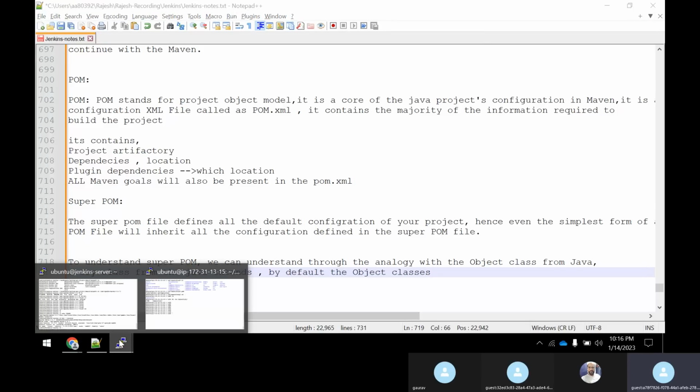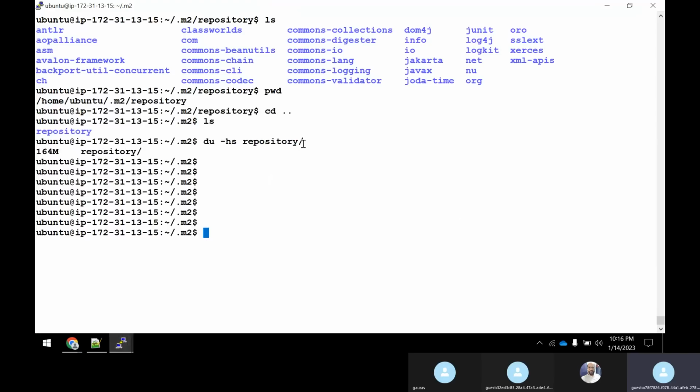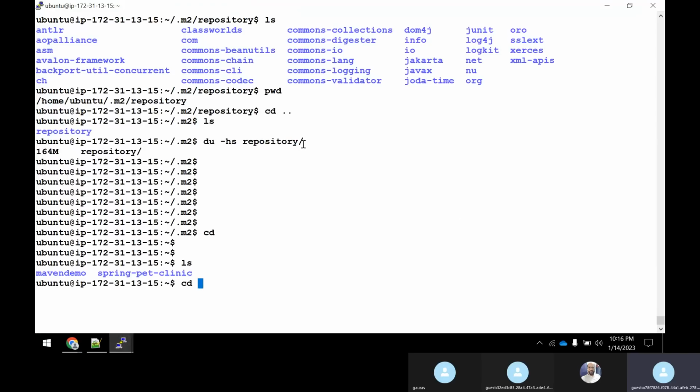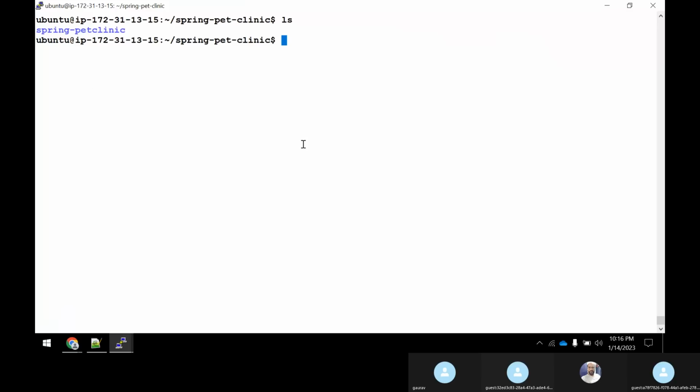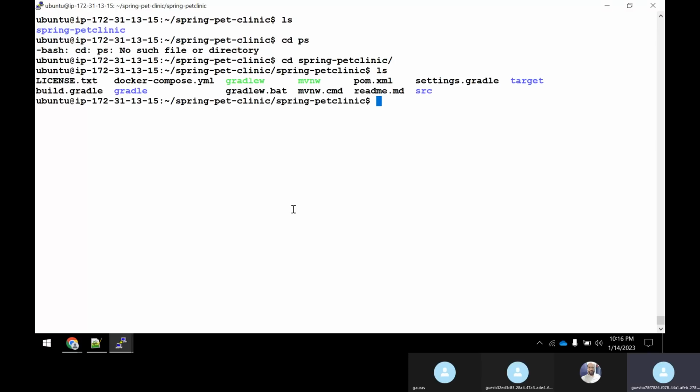Let me go to my machine where I have the Spring Pet Clinic project. So here I have the Spring Pet Clinic. cd to the Spring Pet Clinic. Suppose I want to create a super pom. The command is mvn help:effective-pom.